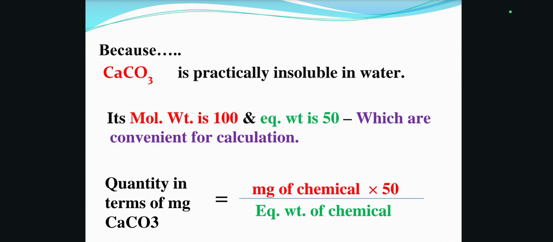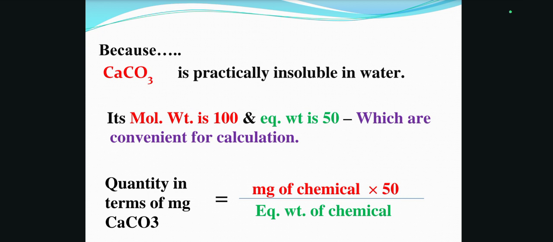So the milligram of chemical value will be given to you. You just multiply the milligram of chemical value by 50. What is the 50? It is the equivalent weight of calcium carbonate. So you are taking 50, that's why we divide by the equivalent weight of the chemical. So the formula is: milligram of chemical, this value will be given, multiply by the equivalent weight of calcium carbonate,